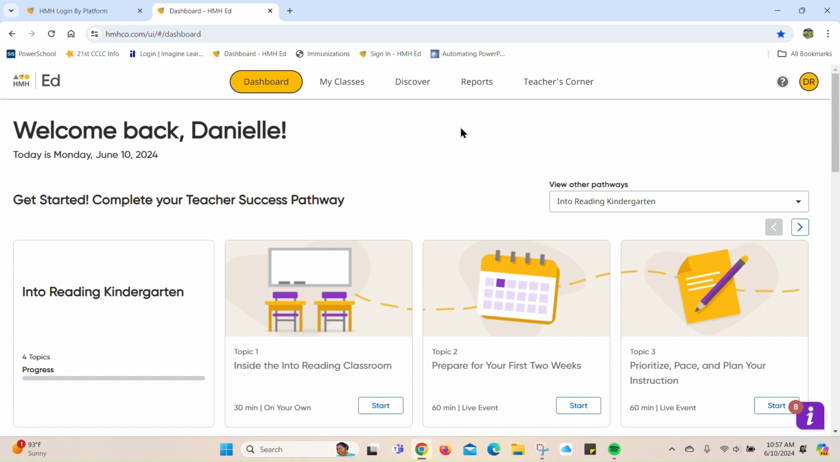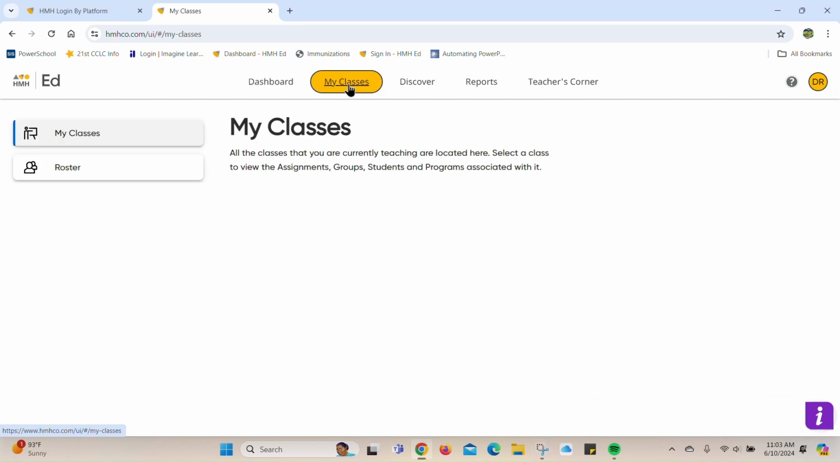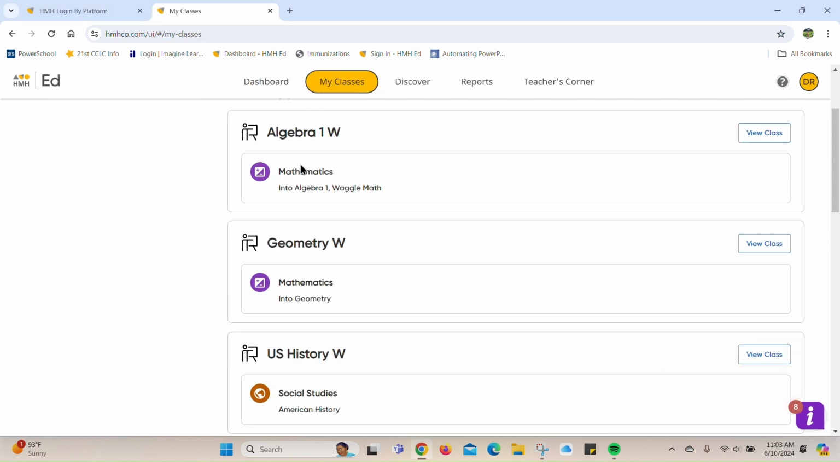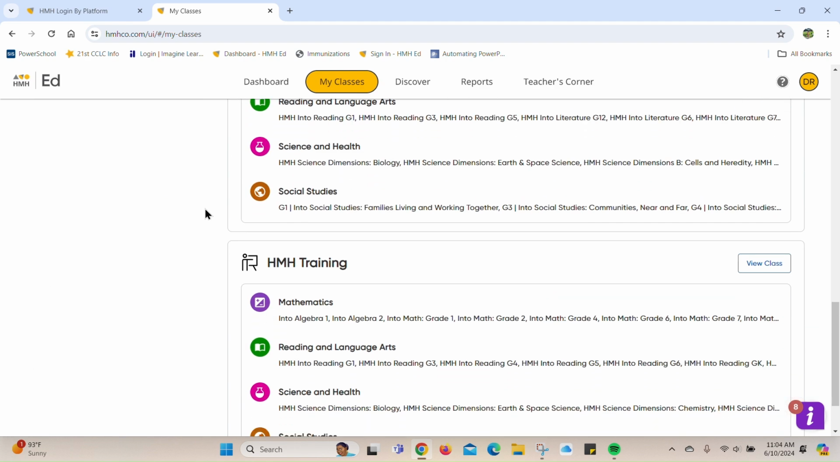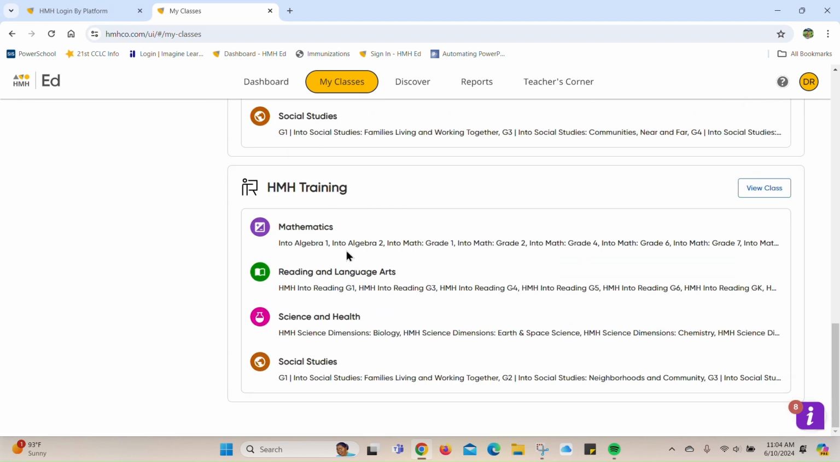And now we are going to talk about how we assign something like Waggle. So we've talked about Waggle a little bit. Waggle is just that kind of fun, interactive game almost that you can assign for your students for different math. So if we go into my classes, we are going to be using my HMH training one, but essentially what you're going to do is you want to go into your view class,